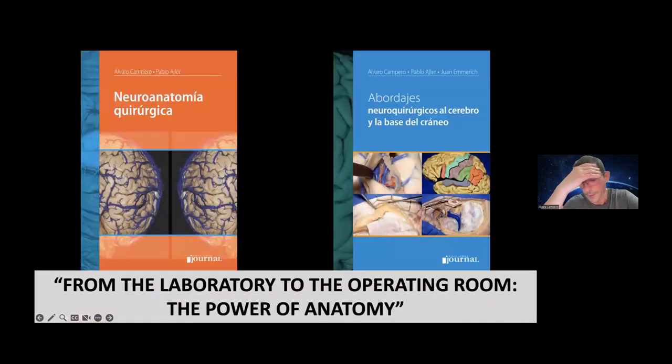We have some phrase or philosophy that we try to share with our residents and with the young neurosurgeons, and it is: from the laboratory to the operating room. And that is the real power